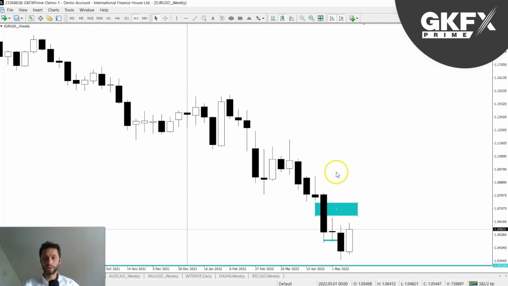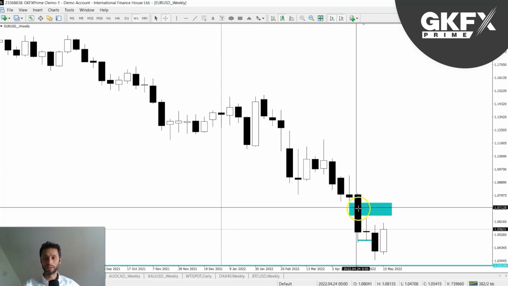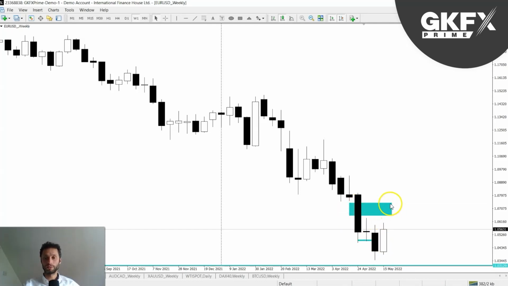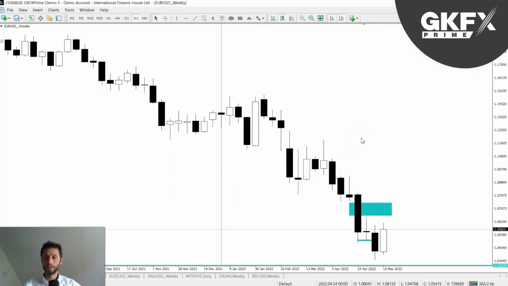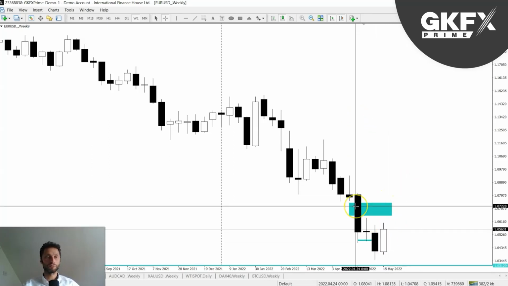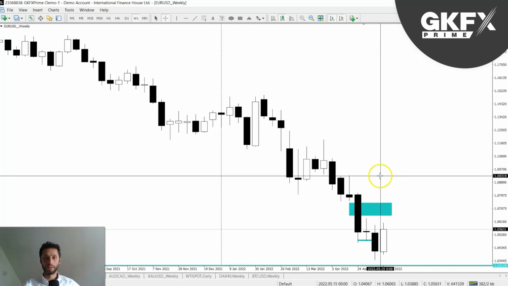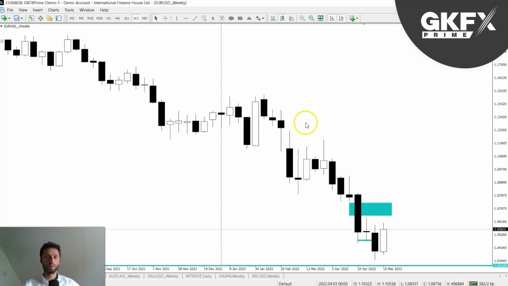This is the continuation of the idea from last week, where I was looking at the market bottoming here, creating a possible retracement into this level right here, into this zone where we've got a gap in the price. And this week I'm looking at a bearish dollar, so that would be the reverse for the euro dollar. So it would be a bullish move into this area right here and retracement,